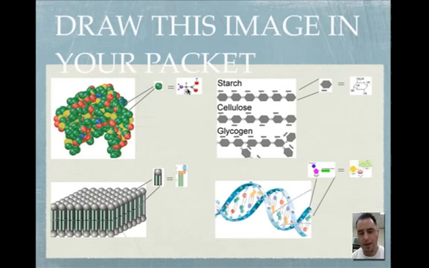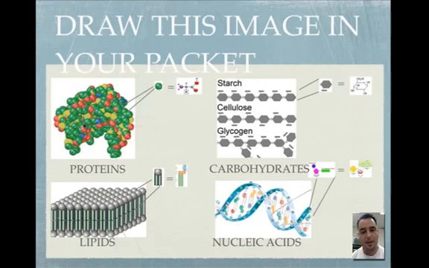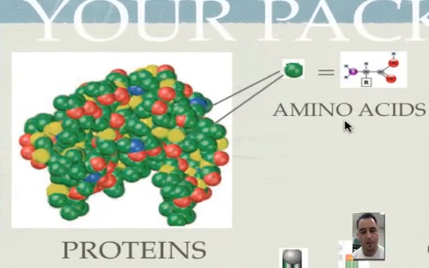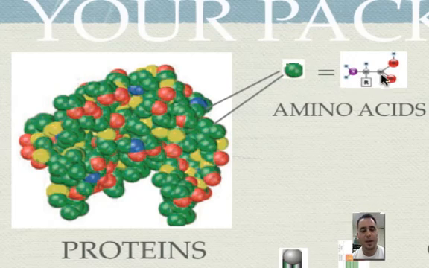So let's just go ahead and go through each of these. We've got our proteins right here. Remember what they look like. We've got our carbohydrates, the lipids, and the nucleic acids. And again, the monomers of proteins are amino acids, so we either see them like a sphere or in this chemical formula